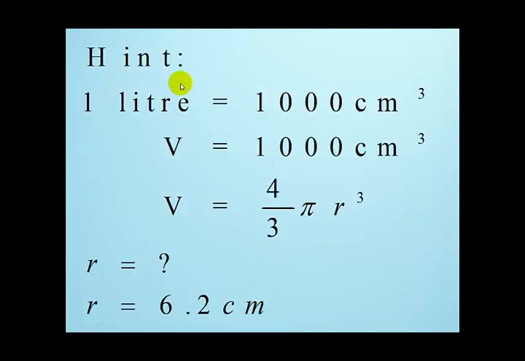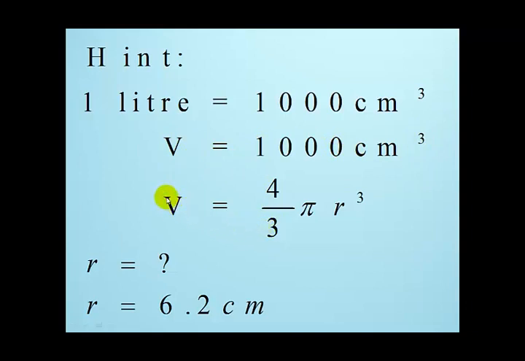Now, I'll give you a hint. 1 liter is equal to 1000 centimeters cube. That means that the volume is equal to 1000 centimeters cube, because from the question it was filled with 1 liter. Now volume of a sphere